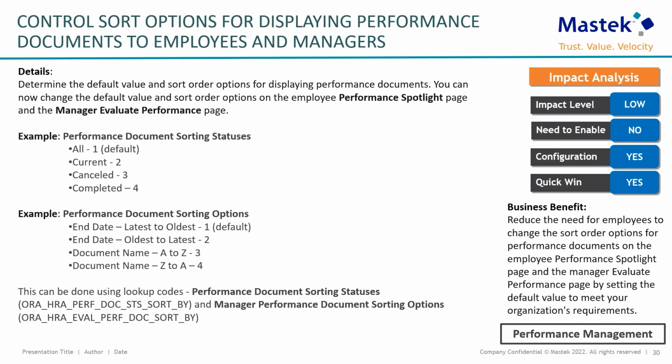The next one is about control sort options for displaying performance documents to employees and managers. With this feature, you will be able to define the default value and also make changes to the sort order options for displaying in the performance document. These sort options are available for display in the current pages like performance spotlight or manage evaluate